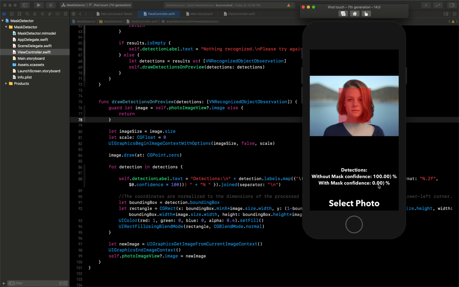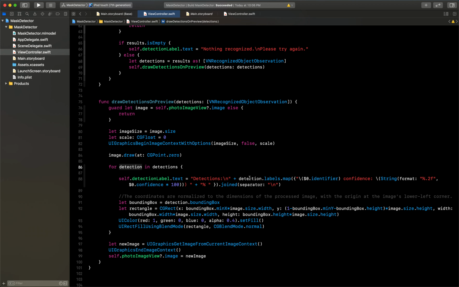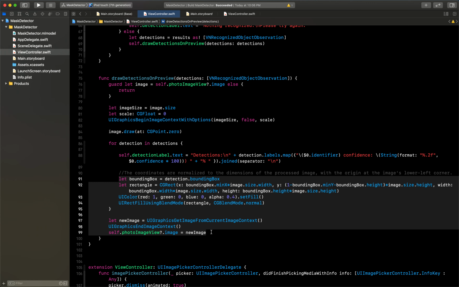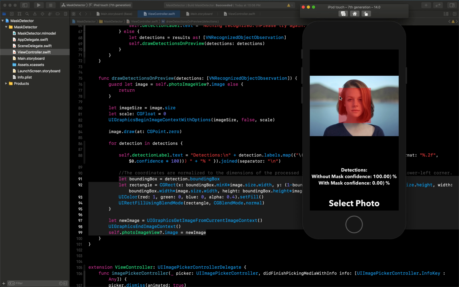So this line will display that result from this detection. You can see we have got detection.identifier, meaning how much percentage, and not identifier, meaning with or without mask, and then confidence means how much percentage confidence it has that this is the image with mask or without mask. And at the last we have created a bounding box around our image where the mask is detected.